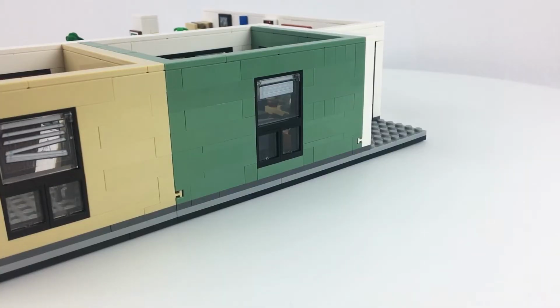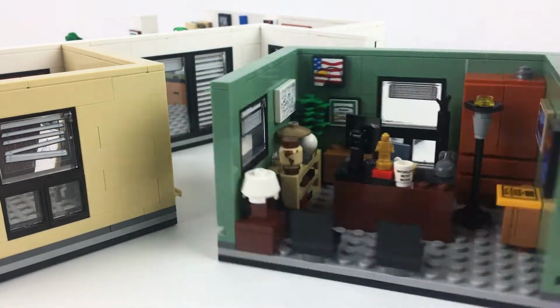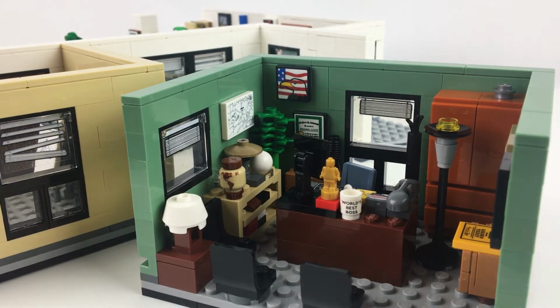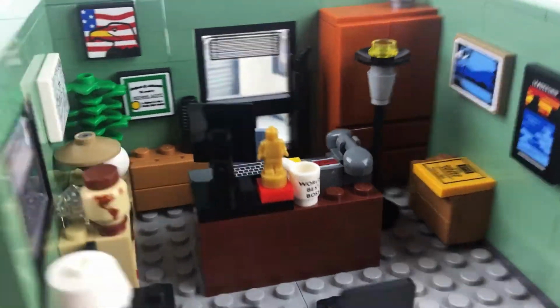And finally, we come around to Michael Scott's office, which is fully removable here from the set. It just slides in really nice and smooth on a couple of rails there. And this has so many different Easter eggs and things just within it. This absolutely needed to be a separate build, and I'm so glad that they chose to do it this way,